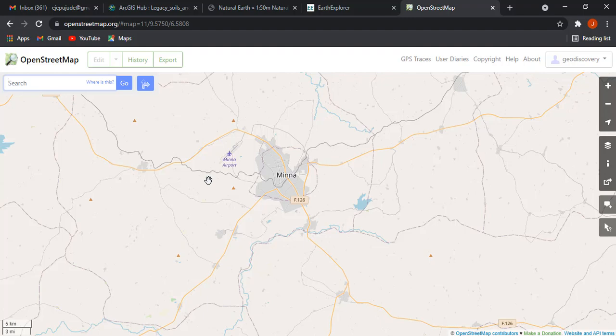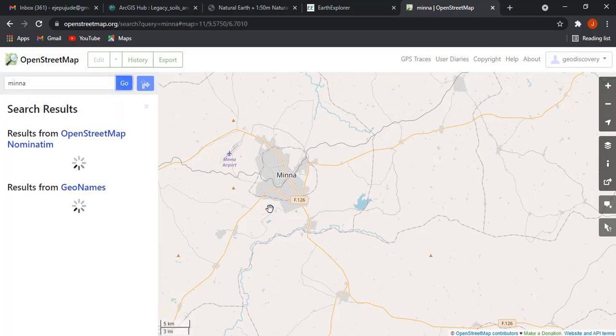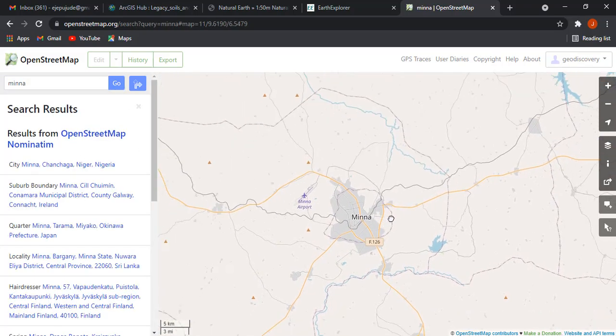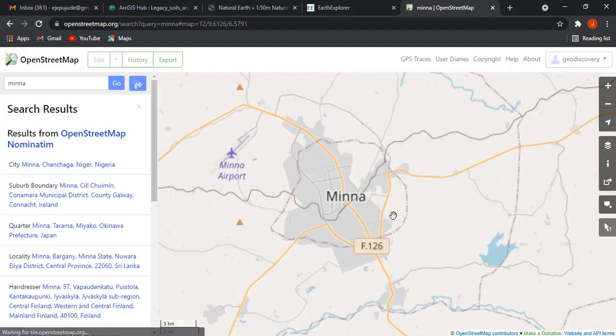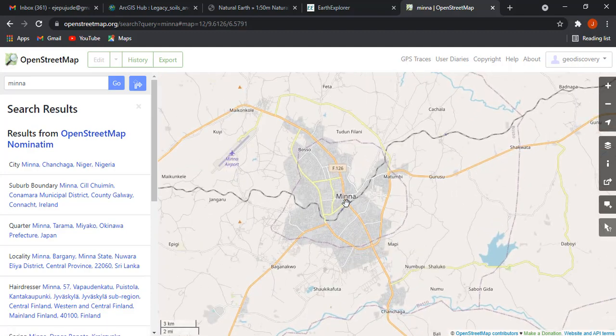So these data types will come such as buildings, roads, waterways, settlement points, and all that. So you can search for a particular place. In this case, I've searched for Mina. If you go to it, it will show you the size. So all you need to do is to zoom this map to the area where you need it to be